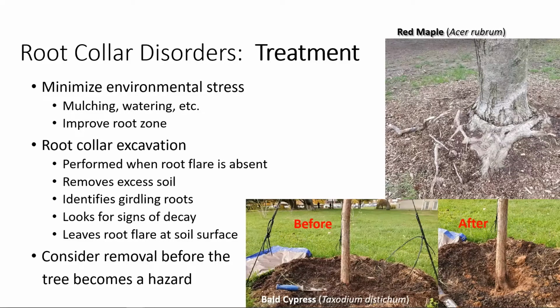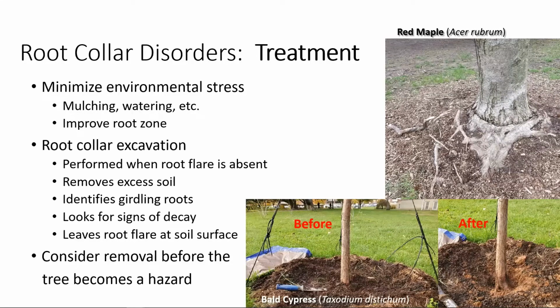We can do things such as vertical mulching that improve the condition of the soil over time with a few applications. So that's where we actually drill holes and replace poor soil with good soil. But we can also do what's called a root collar excavation, and I'll talk about these a little later with some more examples. But it's performed when we see that telephone pole type appearance, like this newly planted bald cypress. We'll look at it in a little more detail later, but basically what we do is dig down and try and find the first root, or those first structural roots that tell us where that root flare starts.